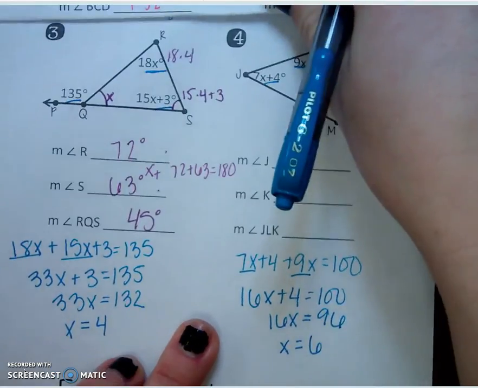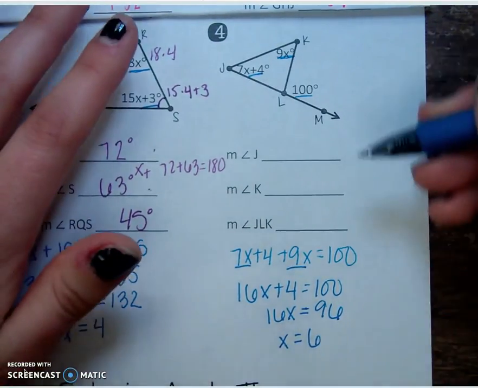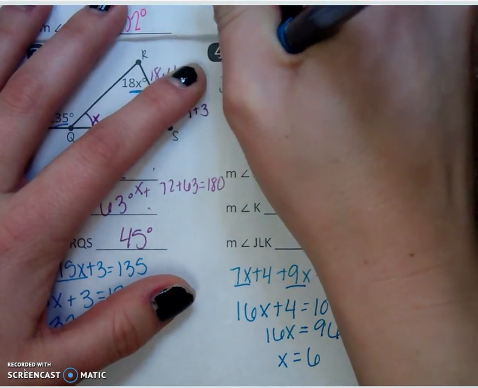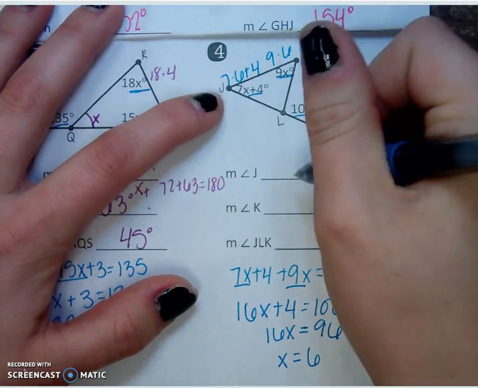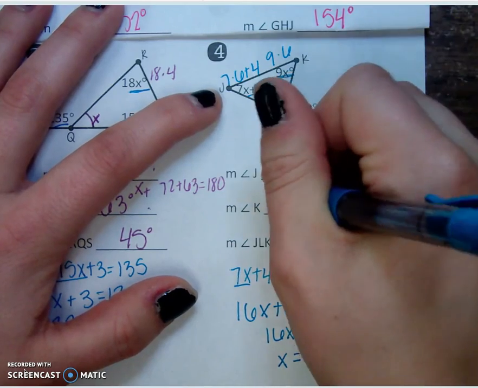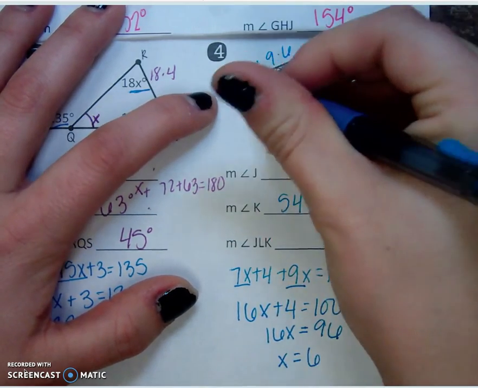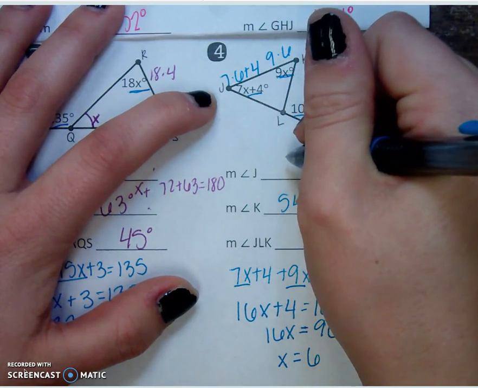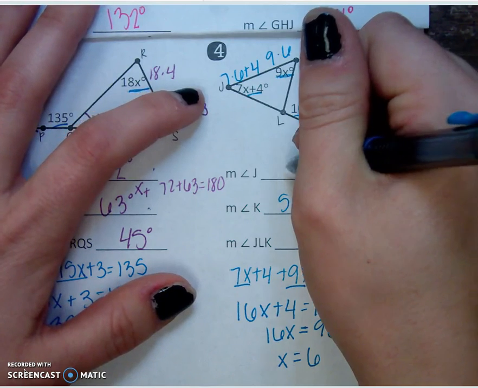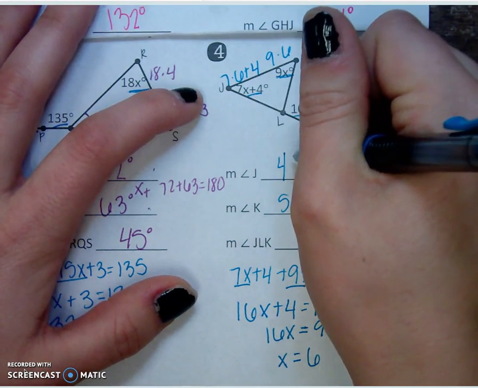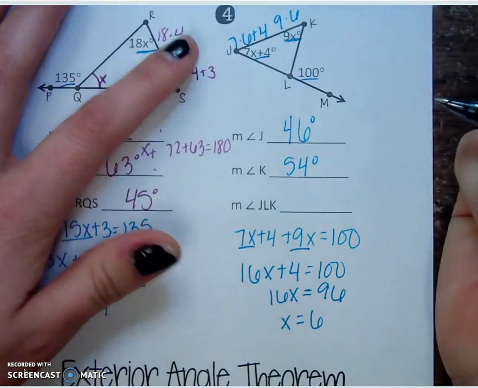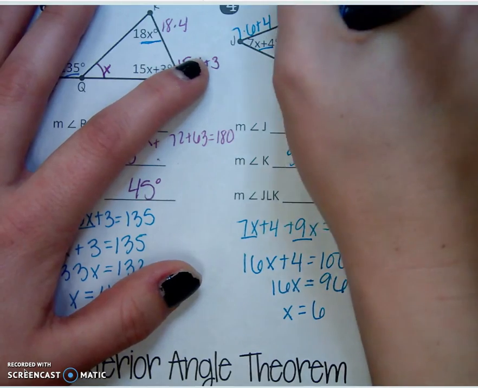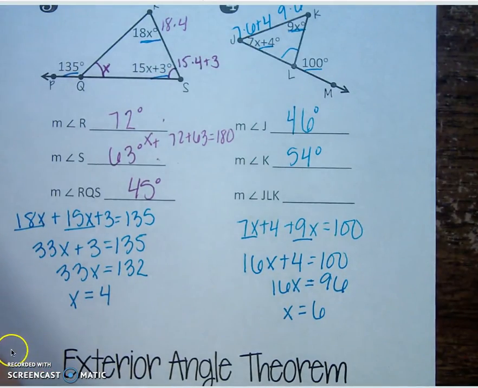Again, I'm going to substitute in. So 9 times 6, 7 times 6 plus 4. All right, so angle K, 9 times 6 is 54 degrees. J, 7 times 6 plus 4 is 46 degrees. Is that right? And then angle JLK, I'm going to run out of time, so go ahead and finish that up and go ahead and complete your